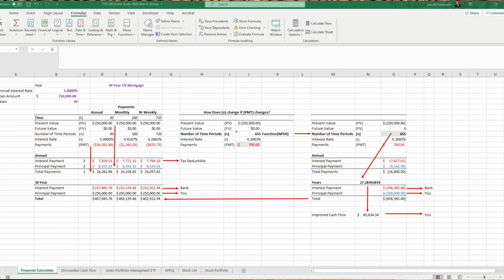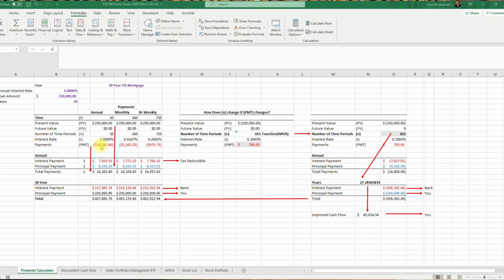Today we will look at how to use an existing Excel spreadsheet, perhaps using a template, and how to understand how it works and how we could actually build upon it. This spreadsheet has information about a 30-year 5% mortgage. There's some basic information up top here, and then there's information on the cash flow. There's an annual, monthly, bi-weekly